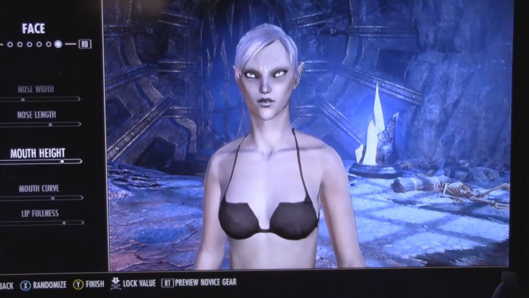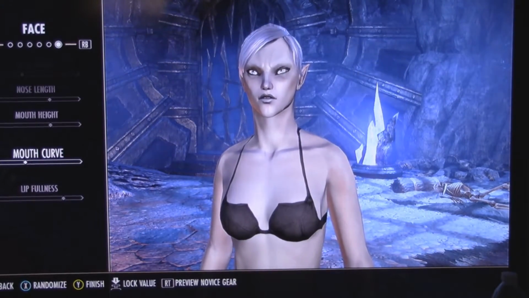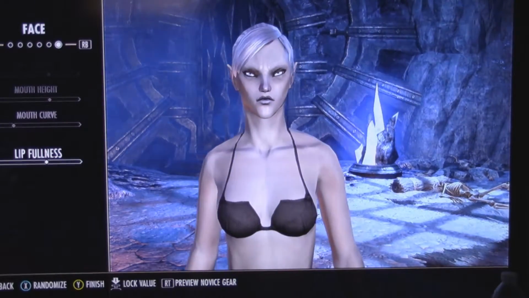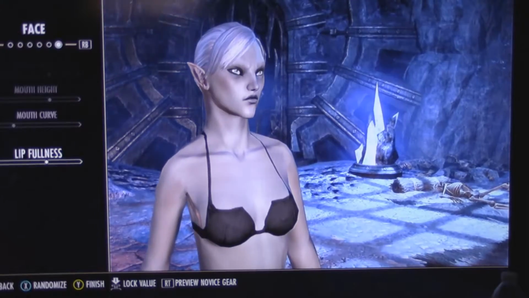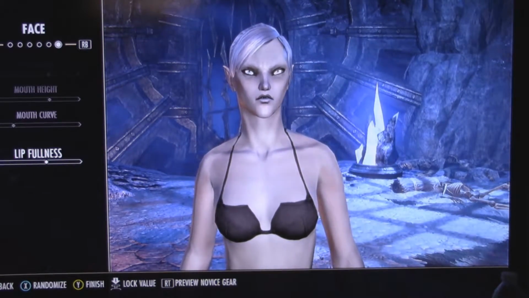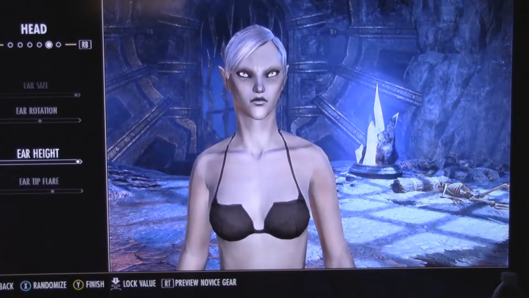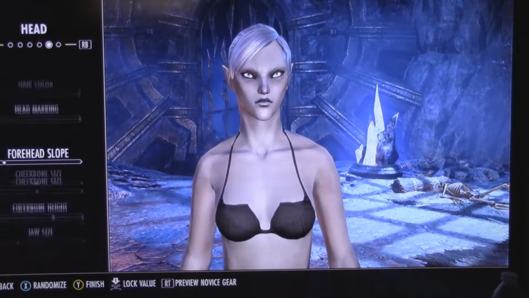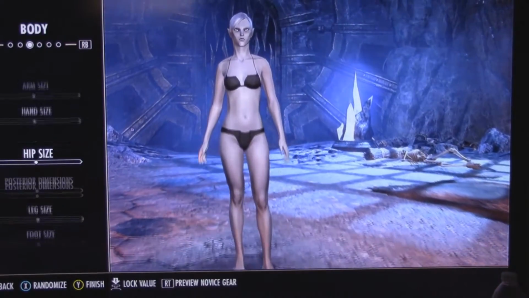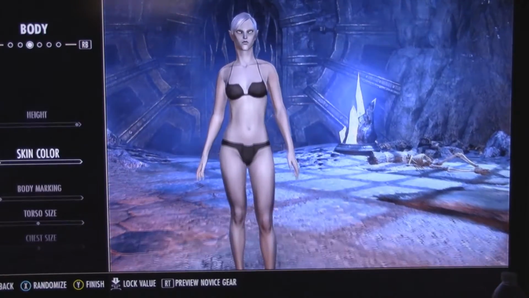Mouth height, keep it usually there. Mouth curve. I've never seen a Maormer smile. And I would say that's pretty good in terms of what you can get from this creation kit. Character creator, not creation kit. So I would say this works. You could also do probably body scars and stuff like that. You want to make your character have more of a pronounced